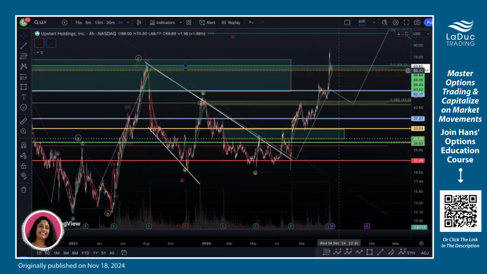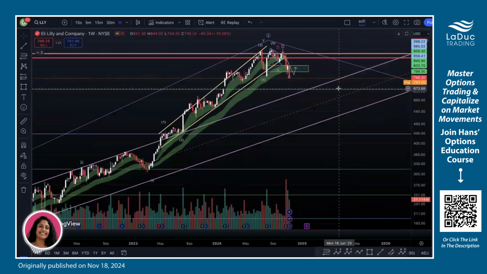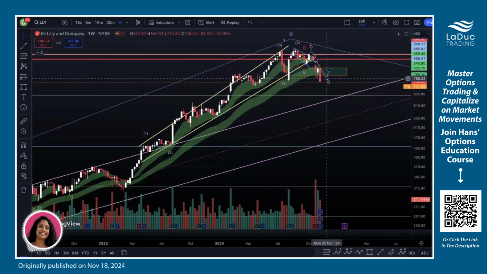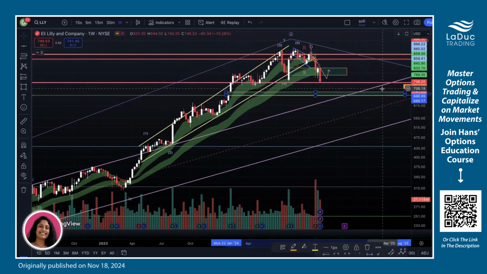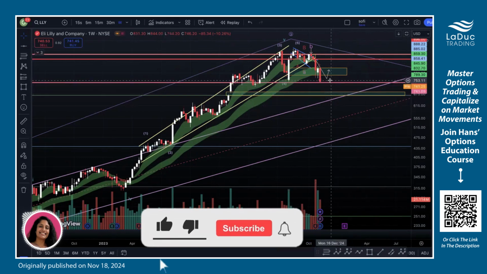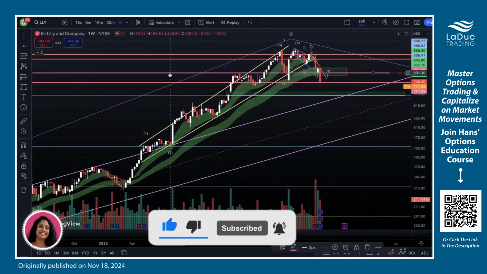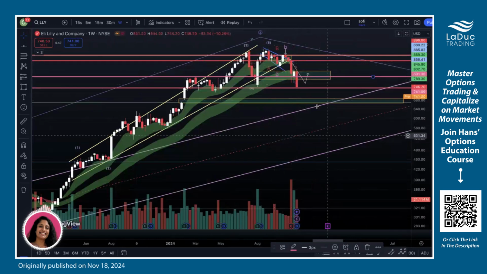Yeah, last but not the least, I have LLY. Again, it's following through. I've discussed this many times, and you can see here, we had a breakdown, went sideways. Now we're trying to follow through. So this is the next area of support it needs to break. You break 745, 740, then you can see here that we have a gap fill all the way down to 665. So yeah, we need to break this to follow through to this. So that is what I'm looking to see if LLY does. It could again just have an oversold bounce off the support, in which case I'd watch again the 786 area to reject and come back down. So yeah, those are my levels on LLY, and that's all I have for this week.